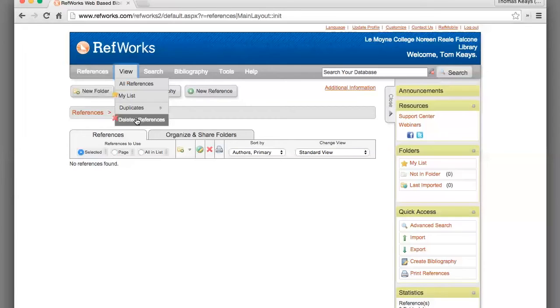I'm going to jump momentarily to the right sidebar because here is where you can go to browse your folders. In this brand new RefWorks account, there are no folders beyond My List, Not in a Folder, and Last Imported folder. Let's switch from this new account to another one where I've saved some references into a folder.